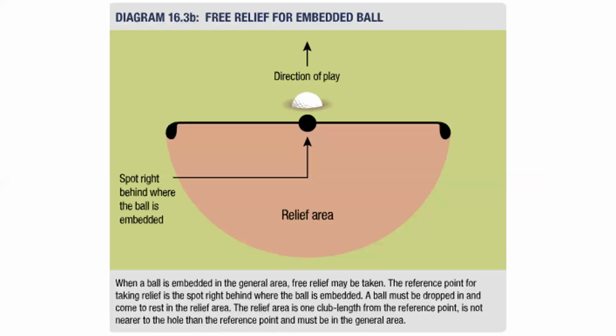So if the player's ball ended up here on the far left side, and this mark was here, if you were hitting a 200-yard shot and this was a club length away, you probably could fix it and not be penalized in that case. But if your ball was right here and you were standing on it, then you wouldn't be able to fix it because that would be improving your stance, your swing, or your lie of your ball. So it really just depends on where it ends up, but it's a good rule of thumb